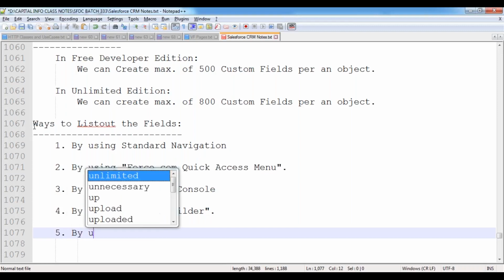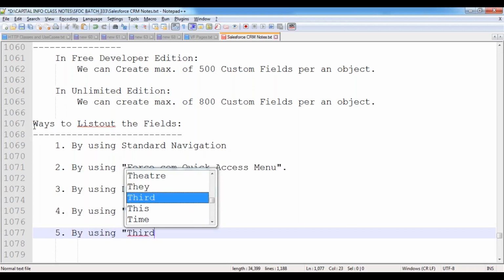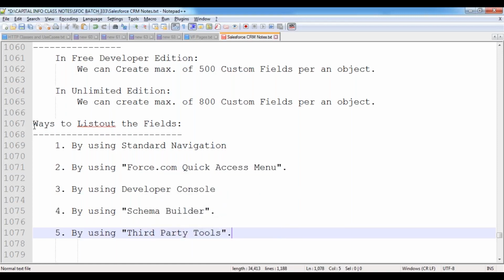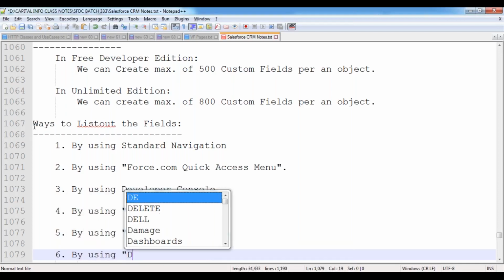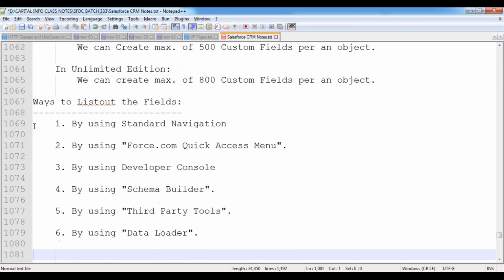Fifth one by using third-party tools. Sixth one by using the data loader. Like that, multiple ways are available over here. These are the various ways to see what columns are available inside this particular table. Inside this table, we can list out what columns are available.